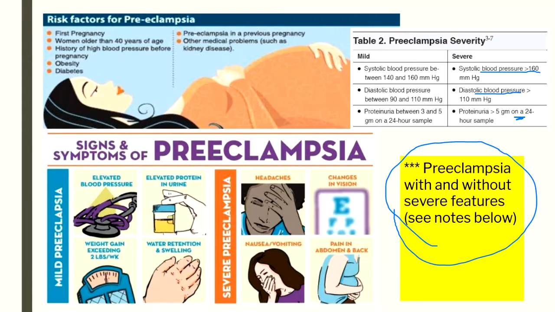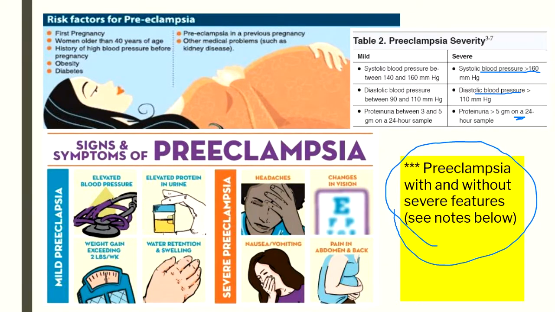I have these 2 links with commonly asked questions. I think it's nice to look through. But what's happening? You're going to see an elevated blood pressure in this woman. She's not going to come in saying, I think my blood pressure is 190 over 110. She's going to come in saying, I have a headache. She's going to come in saying, I have blurred vision. And we're going to talk about what is causing these things.